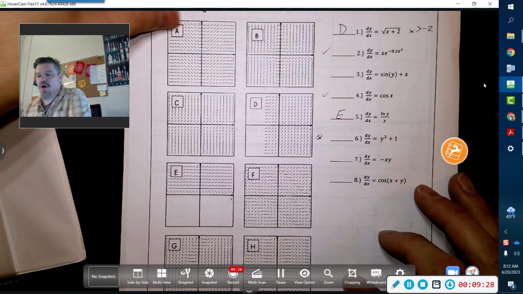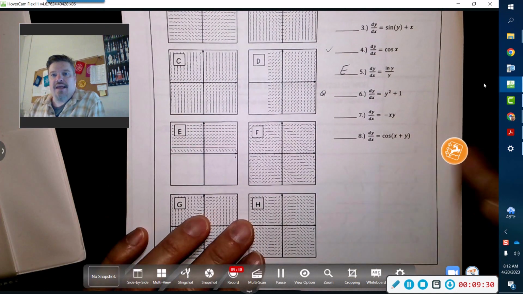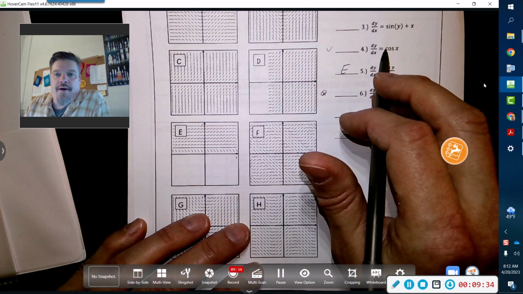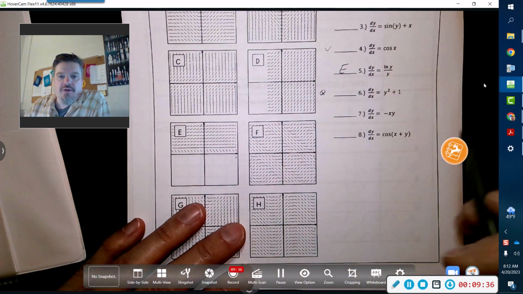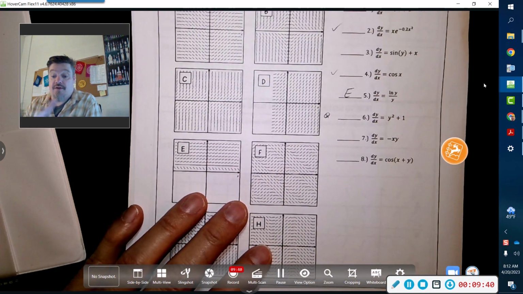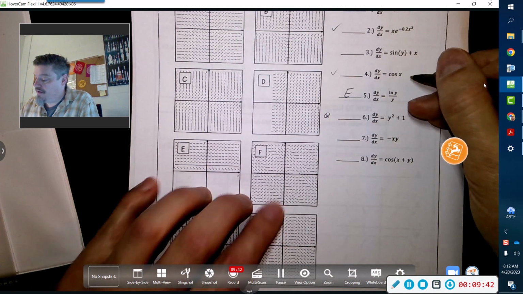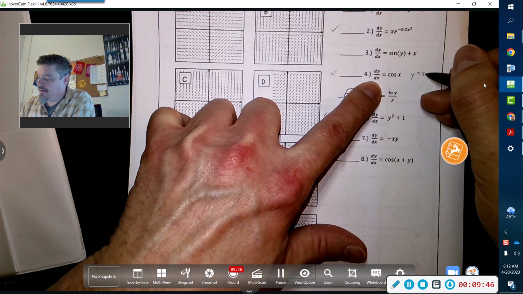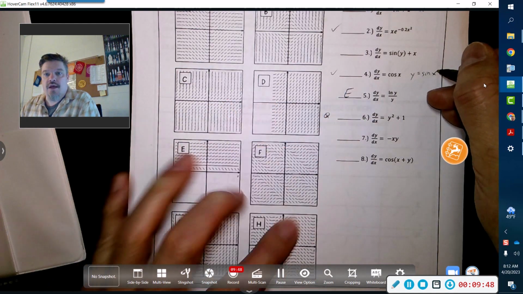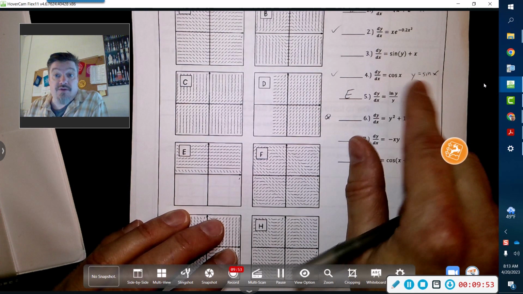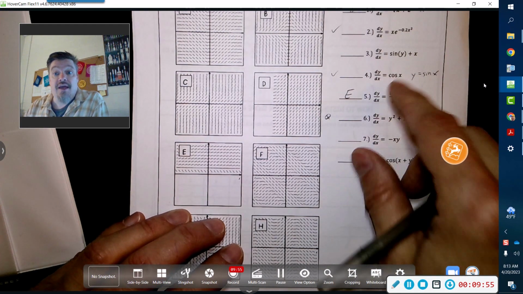So with cosine, what I'm looking for is a change where, well, here we can do another trick. Think of it like this. The antiderivative would be y equals sine, right? So what I'm looking for is the sine pattern within it. Now, you can do this sometimes. You can actually just take the antiderivative and think, okay, what